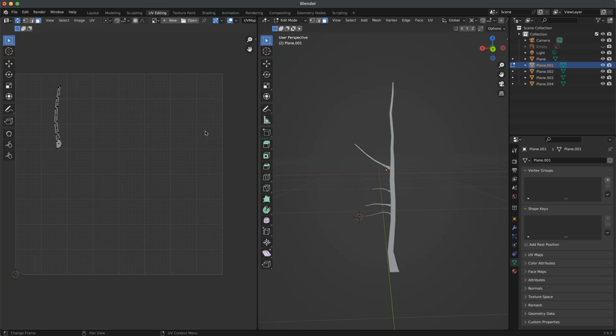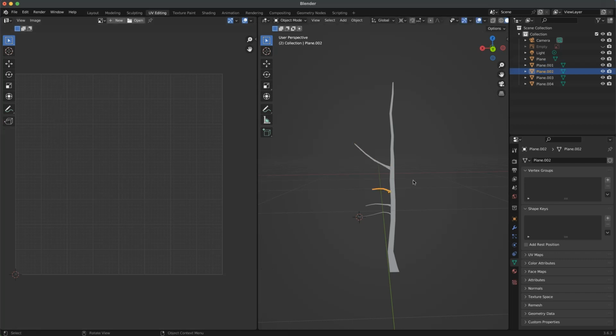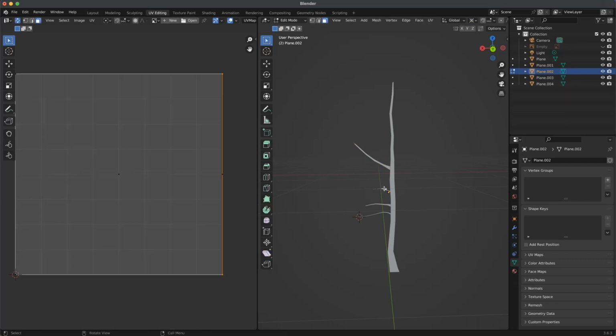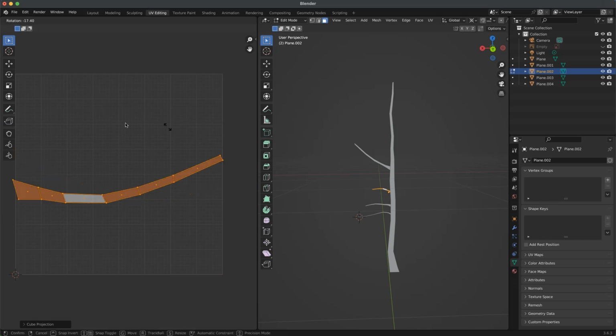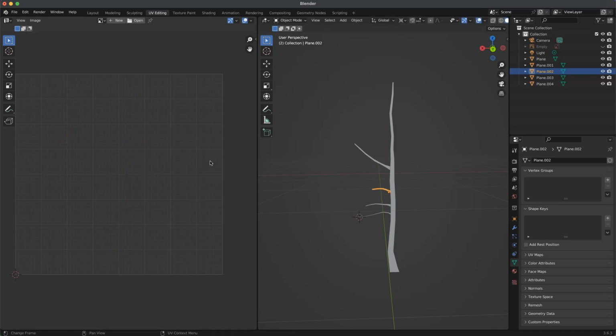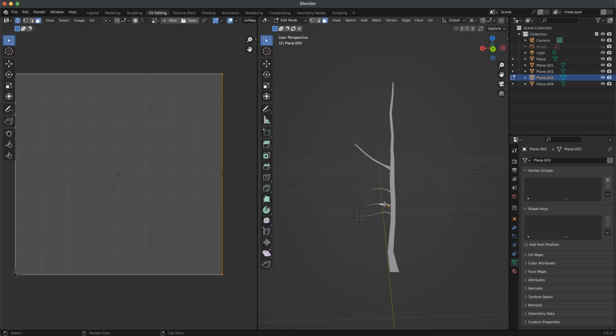Rotate them how you think is best. I like to have kind of the thinner parts of all these things to the top, so when I'm painting I just kind of know that that's what I did, and it'll help. And these were all duplicates of each other, so they're gonna all start out similar like this. Unwrap, cube projection, rotate, scale it down, and exact scale is not critical, and that can be adjusted later, or